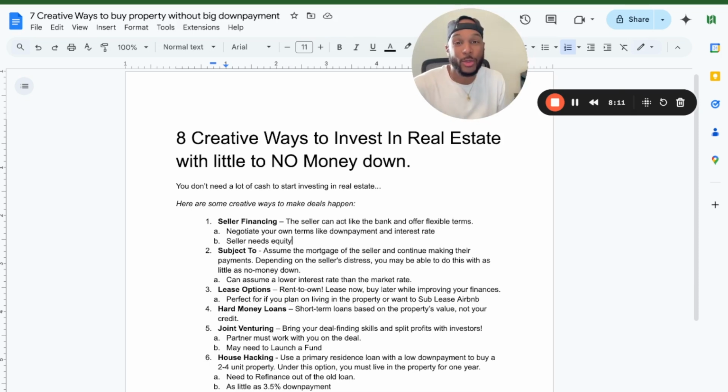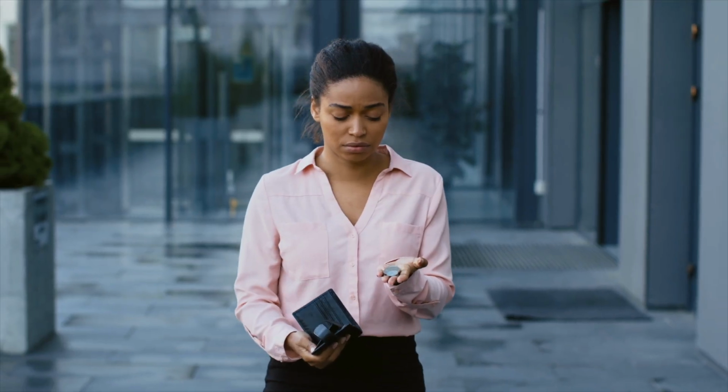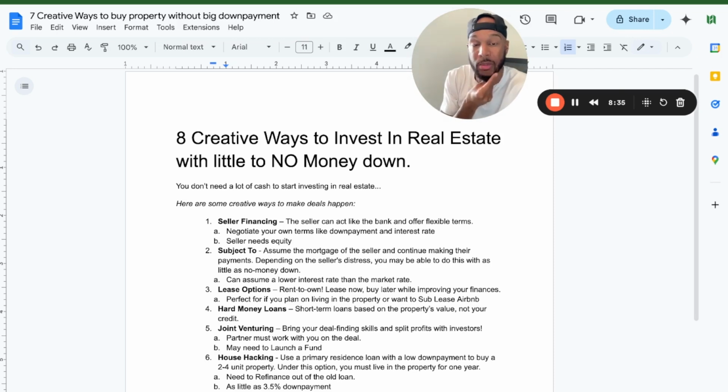So if someone bought a property in 2020 and now they're trying to sell, it's a win-win because if they sell it for as much as they want to get, it's going to sit on the market longer, right? Potentially they might have to accept less because when interest rates are high, property values go down, right? When interest rates are low, property values are higher, and they might have overspent on this property, right? Now they can't afford the payments or for whatever reason, they're willing to do a subject to where you